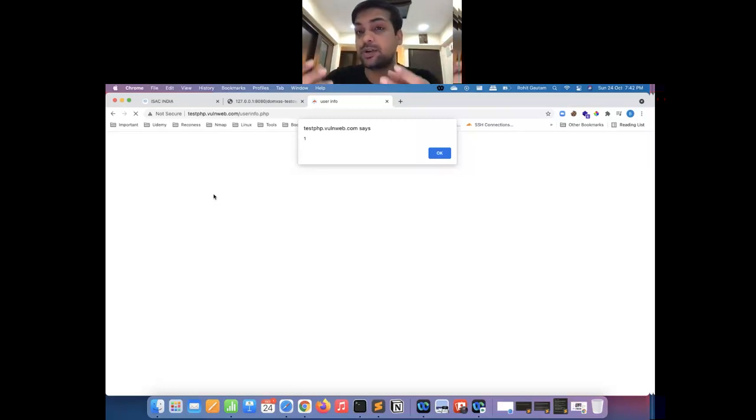Let's assume it is vulnerable to XSS. Then I would be able to steal the cookie of the maker. Maker is the first person who verifies the data that has come in the backend just to verify the credit card application. And if everything is correct, then the maker will send that credit card application to a higher authority, that is the checker, who will then verify if everything is correct or not. So maker approves, and I'm able to steal the maker's cookie. Maker sends that form and says everything is correct to the checker. It again gets executed. The JavaScript payload again gets executed, and I'm able to steal the cookie of the checker as well.